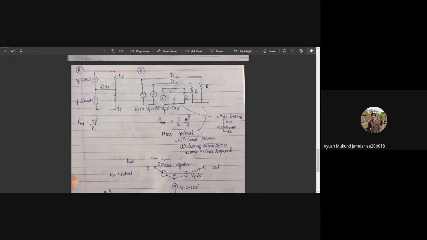Now what if we take three sources with 120 degree phase difference, that is Vp angle 0, Vp angle minus 120 and Vp angle minus 240, Vp being the peak voltage, and this entire term representing the phasor. Now we connect it to three equal resistors, we'll get total power delivered to the resistors equal to 3 by 2 Vp square by R. The constant is coming because the sum cos square theta plus cos square theta plus 120 plus cos square theta plus 240 degree turns out to be a constant 3 by 2.